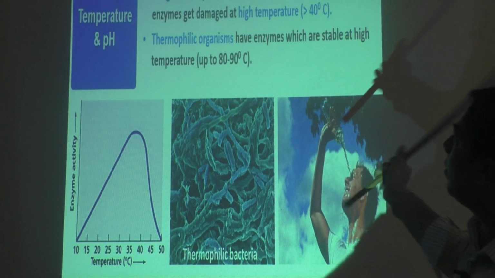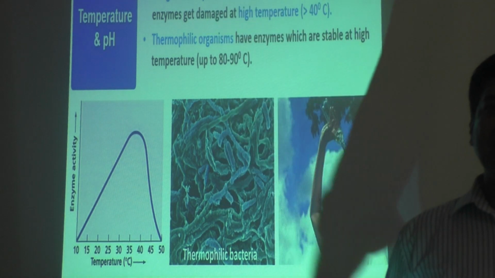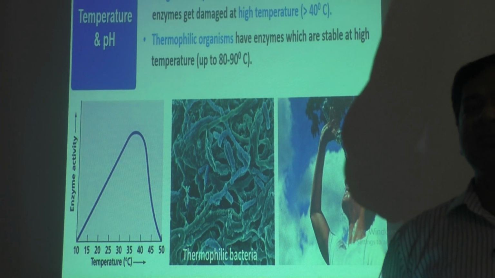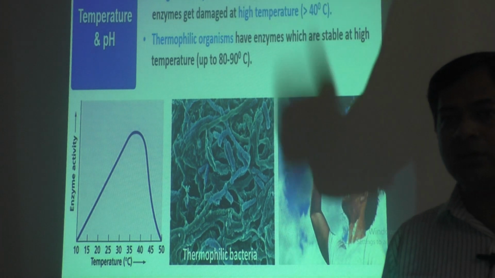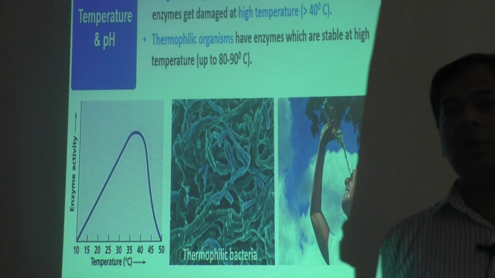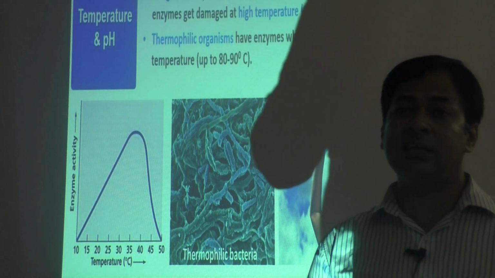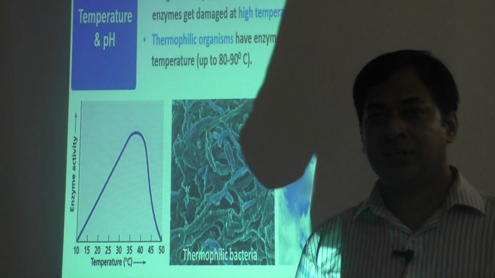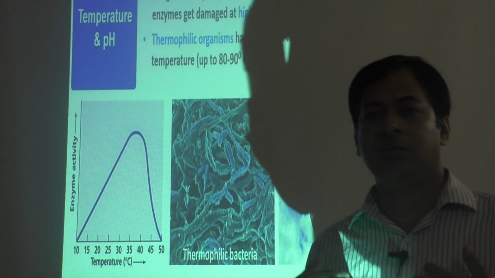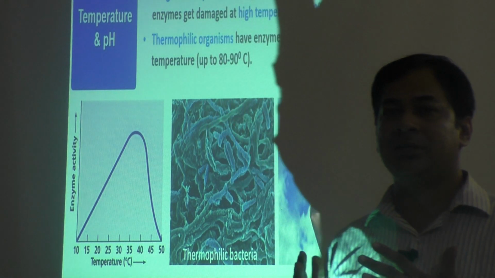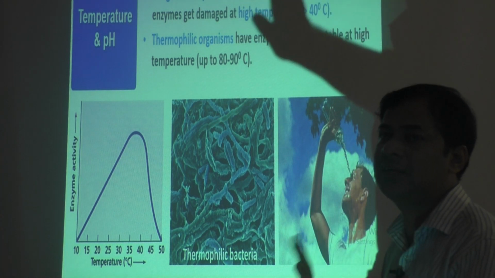So thermophilic organisms, you know what thermophilic means? They love high temperature and they live in high temperature. This is archaebacteria. Bacteria which live in hot springs are called thermoacidophiles. You have already learnt it. Some bacteria live in hot springs, that is boiling water, 100 degrees Celsius. If that organism can live at 100 degrees Celsius, that means its enzymes will be active at 100 degrees Celsius also. But in human beings, enzymes will not be active at high temperature. After 40 degrees, activity decreases. After 65 or 70 degrees, the enzyme will die.